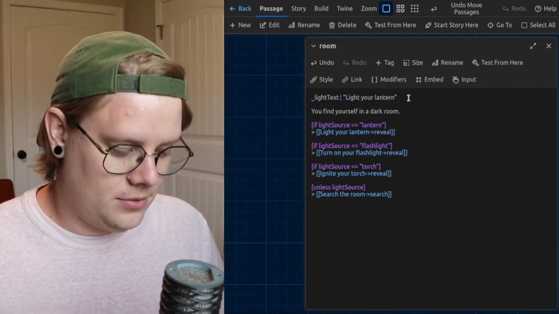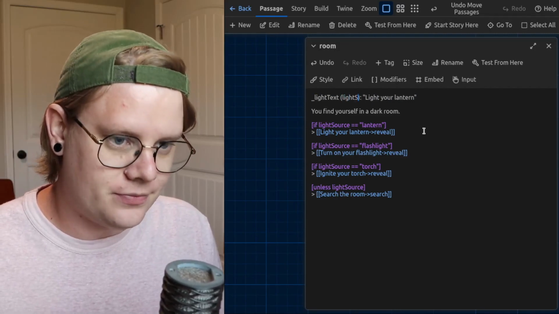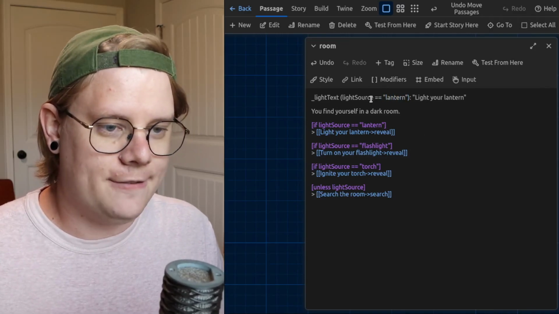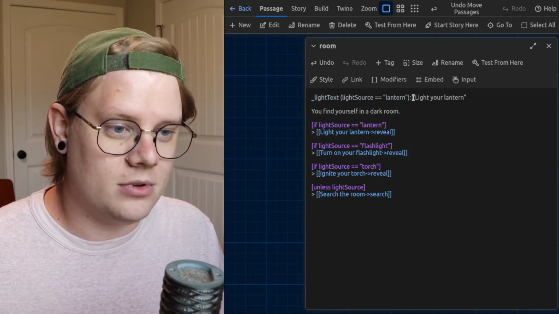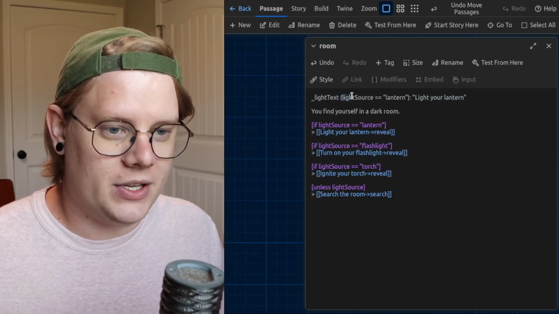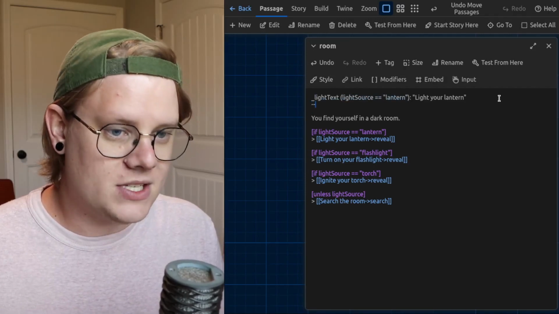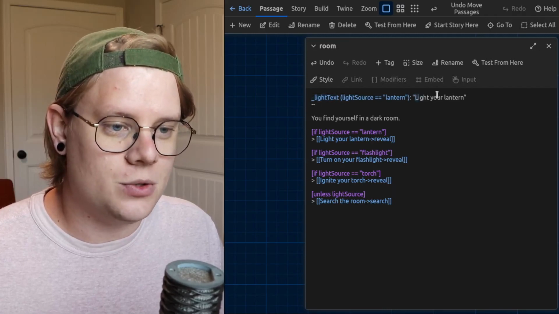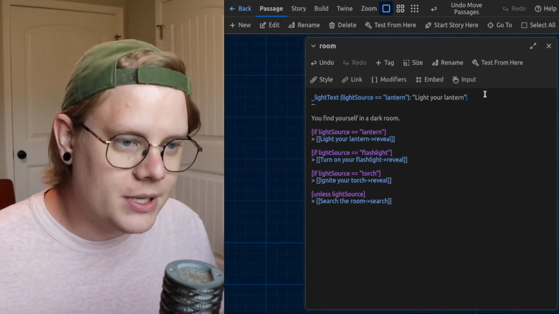In order to make that happen, I'm going to put an expression in parentheses. And this expression is going to be that. If the variable called light source is equal to lantern, then the variable called light text will get this light your lantern value. You can see we have a relational expression in the parentheses, which means in this context, Twine will only set the light text variable to this value if the relational expression in the parentheses is true. That's how that notation works. It's a little bit tricky, a little hard to read,